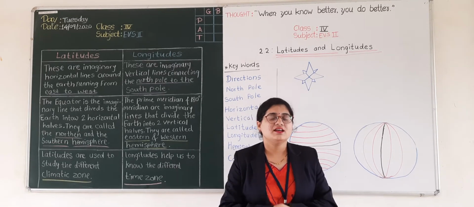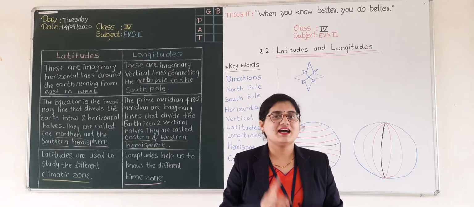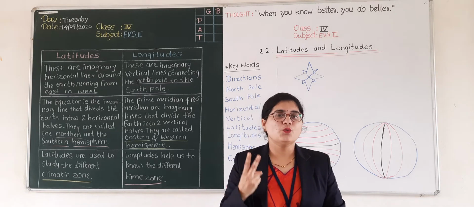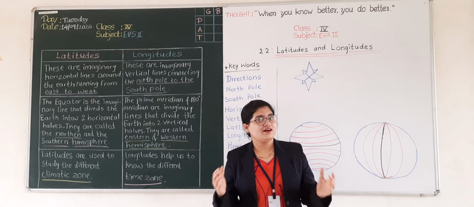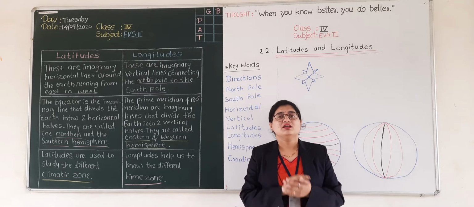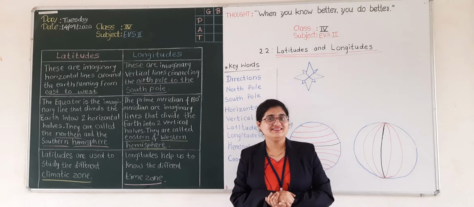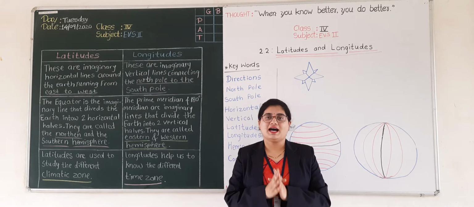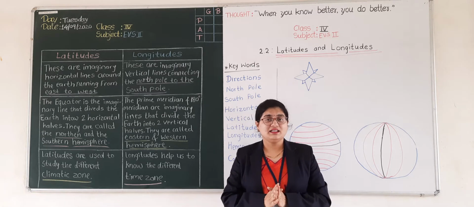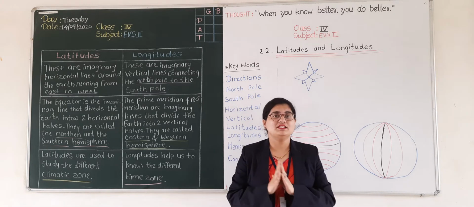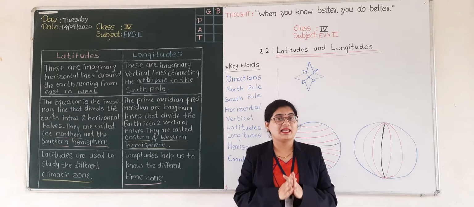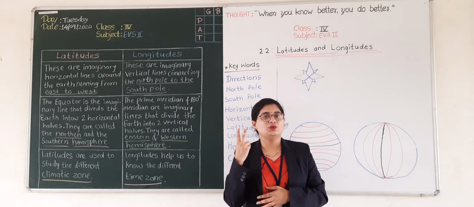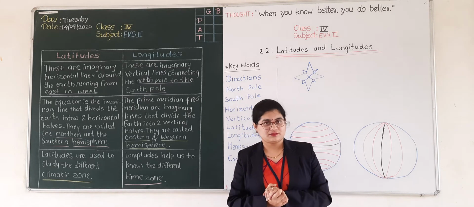My dear students, you all know that we have started our second lesson. In that, we have completed concept 2.1, that is our Earth. Do you remember what we have learned in that lesson? Yes, very good. We have learned different things about our Earth. In that, you have seen different movements of the Earth. Can you tell me names of the movements? Yes, rotation and revolution are the two main movements of the Earth.